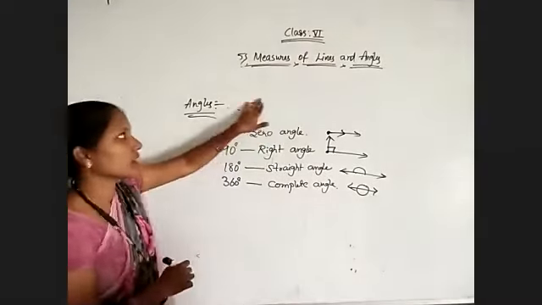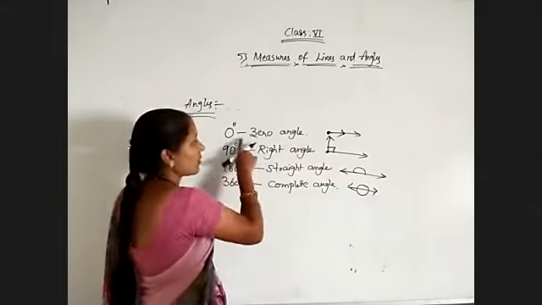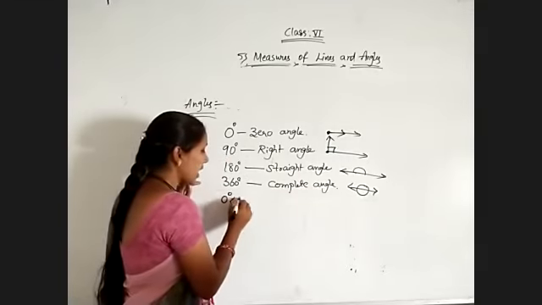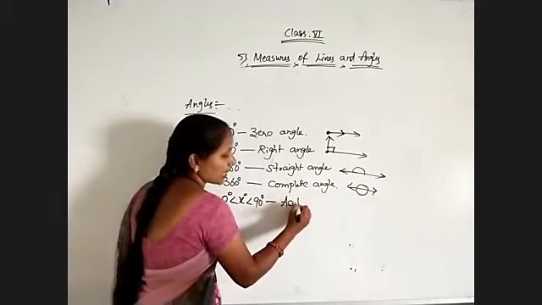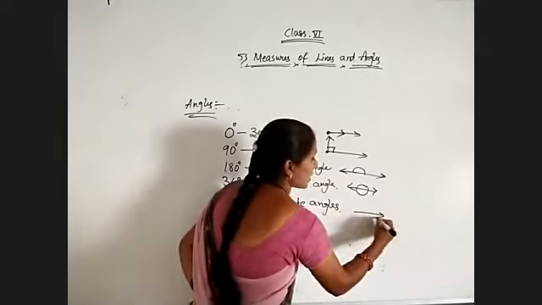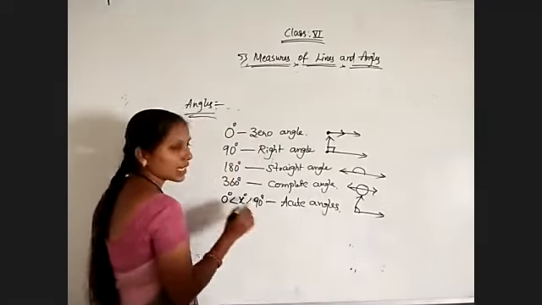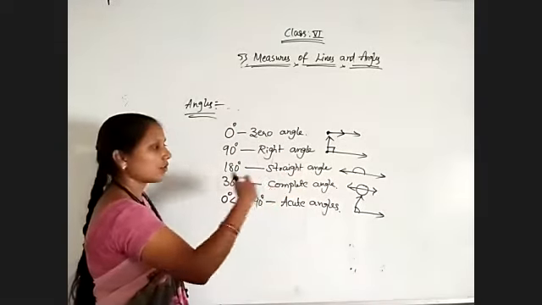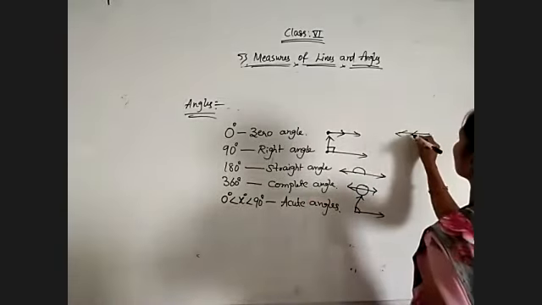And the angles which are between 0 to 90, so many values we have, 1 to 89 numbers are there. So the angles which are lying between 0 to 90 are called acute angles. And its measurement is given like this, less than 90. Any one of the angles less than 90 is an acute angle. See, for all these cases, I am using the right side only, or you can use the left side also.